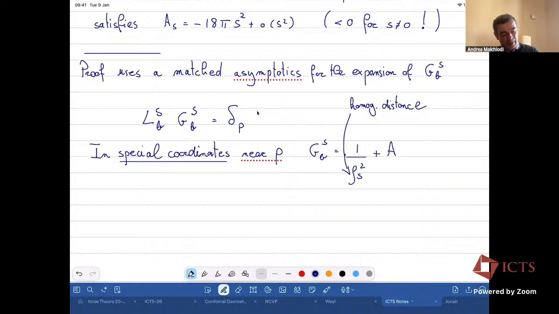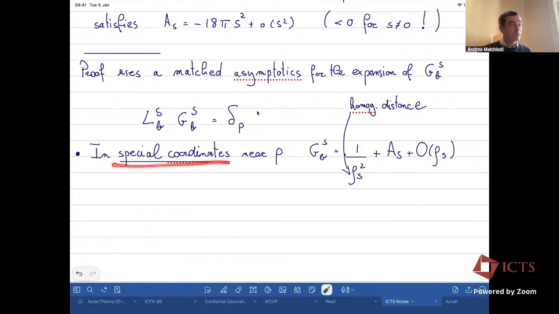Plus AS plus a big O of rho S. On the other hand, so you have one local expansion in this way. Now the point is that you need to work to write down those coordinates, but they are explicit. But if you use this set of coordinates, then this AS, you cannot tell because it's a global object. On the other hand, you can use